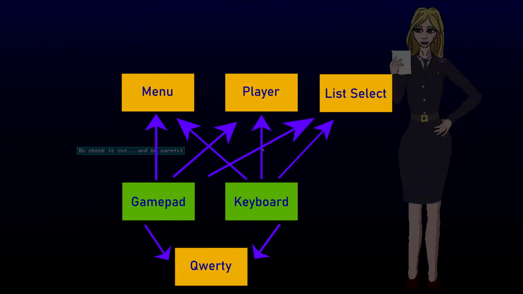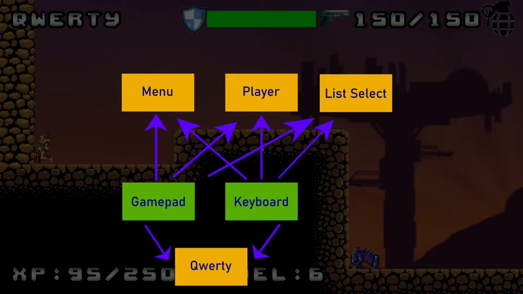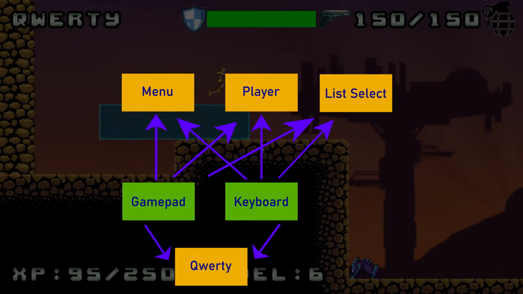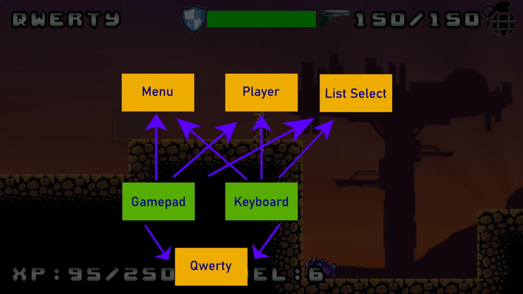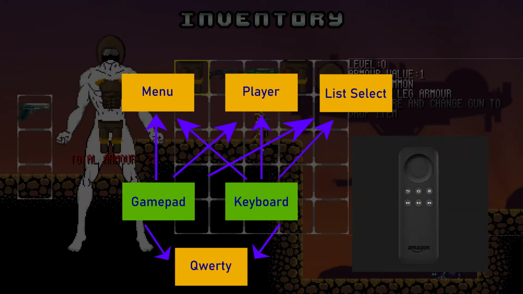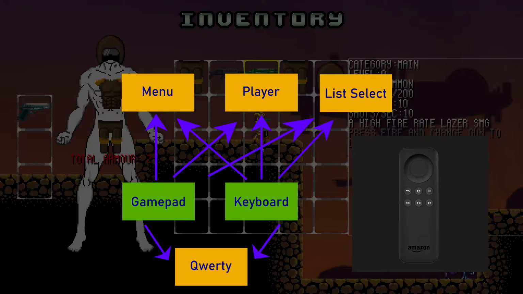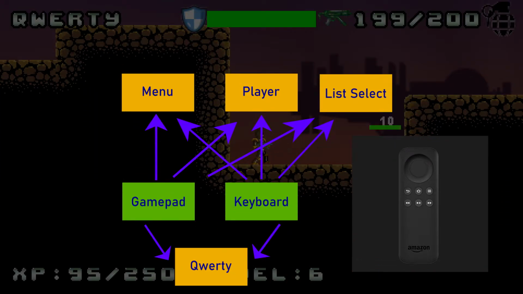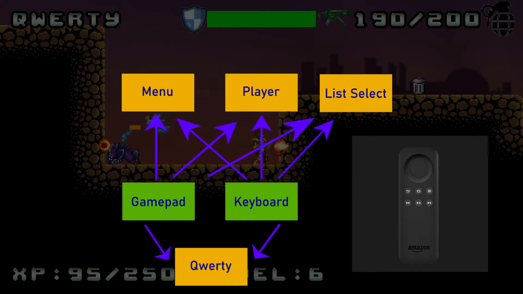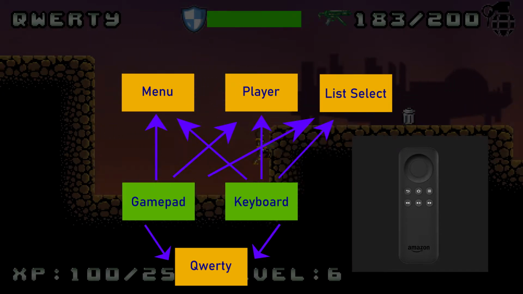Things were getting complicated. Now you might remember from my last devlog that the Amazon Fire TV was one of my chosen platforms, and it comes with one of these things. This awkward device registers as a gamepad but triggers keyboard events when you press the buttons, so I have to go and amend my code to cater for this hiccup, and I have to do it in all of these